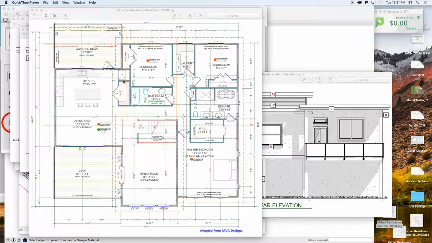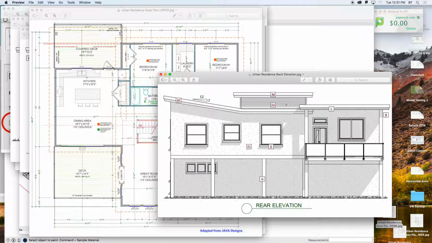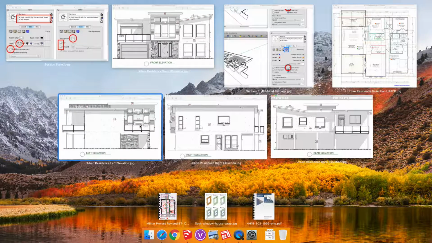Okay, so now we're gonna put a roof on this house. I'm going to use the information from the images I have to understand what's going on with this roof, first of all. So if I look at my plan, in plan view, I can see that I have this dash dot orange line going around my house plan. Now, if I look at my multiple images, I can see that there's multiple roof pitches and roof